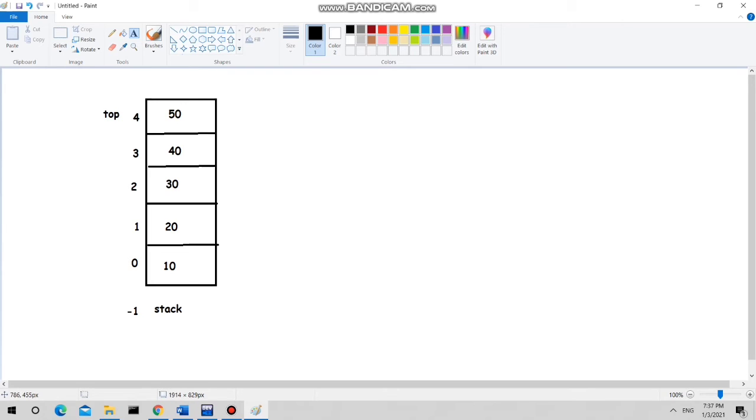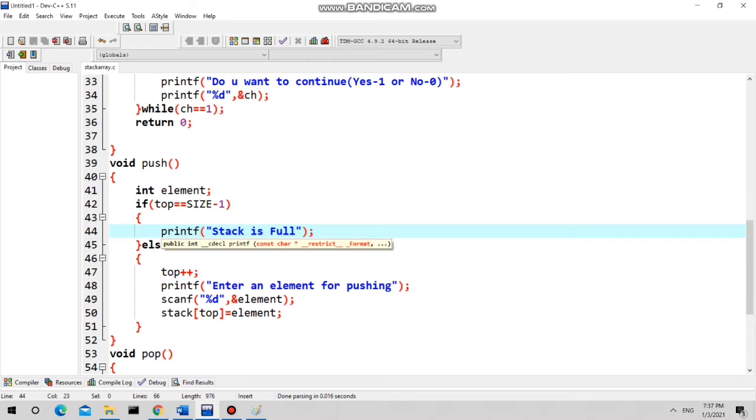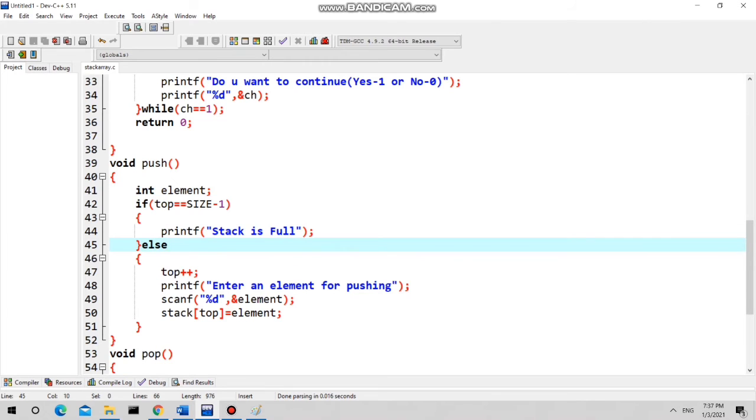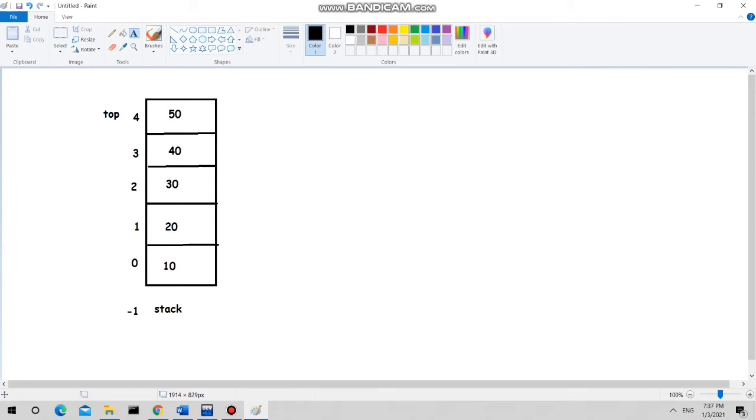That means top is equal to size minus 1. What is the size of the stack? 5. So 5 minus 1 is 4. So top is equal to size minus 1, and the else part will not be executed. The if part will be executed, and this message will be printed on the output screen: stack is full. That means we can't insert a new element. So right now this is the status of your stack.